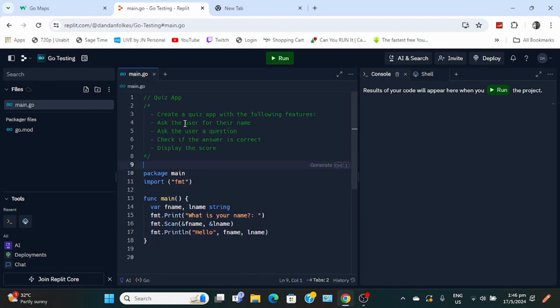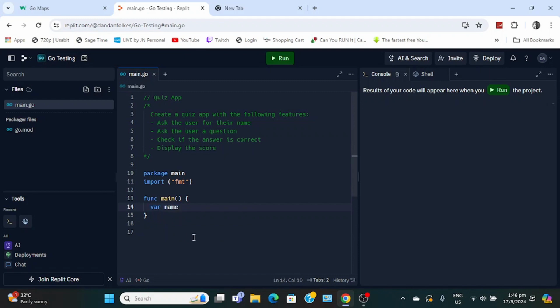So let's ask the user for the name. I'm gonna create a variable called name. It's a string. And then we're gonna say fmt.Print. No, just Print: enter your name.